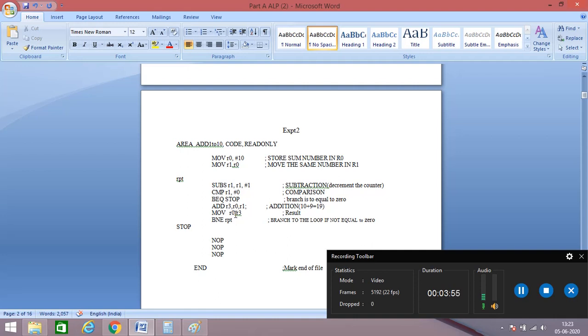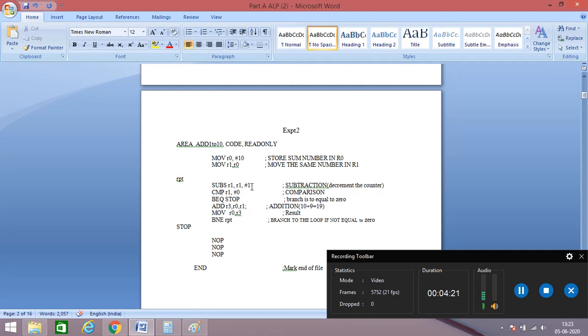Now we got the r0 value as 19. This will be checked in the loop: branch to the loop if not equal to 0. The count has not reached 0, right? The count is 9.